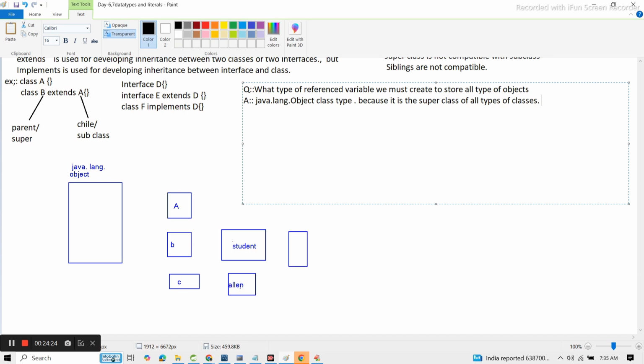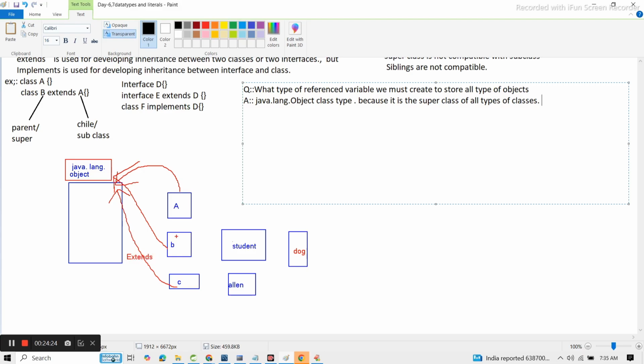This is class LN. This is class dog. All these classes are predefined, meaning this object is already there. These things are already there in Java. So internally, this class A is the subclass of object. This class B is the subclass of object. This class C is a subclass of object. That means internally, here we can tell